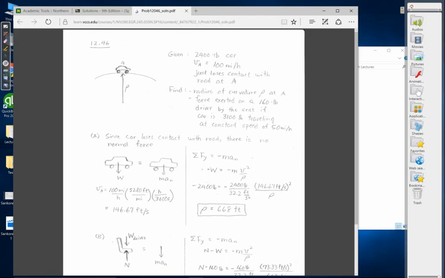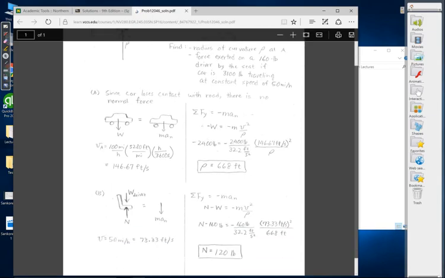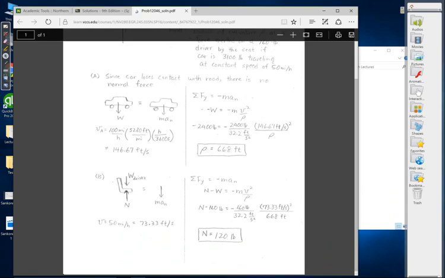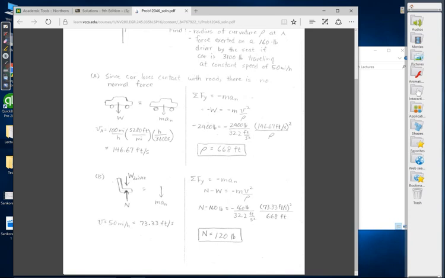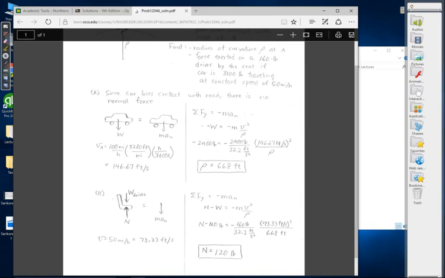You've got a 160-pound driver, and you've got this car that's now moving at a constant speed of 50 miles per hour. So how do we work this out? Well, before you even try and write your equations, keep in mind, just draw your two diagrams. All right, so now we basically look at the driver. What are the forces acting on the